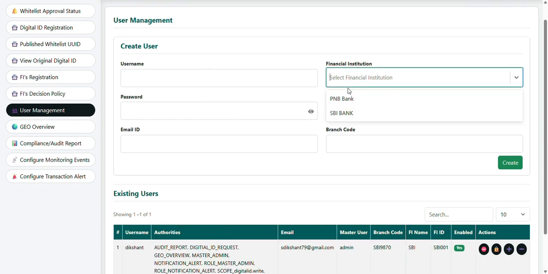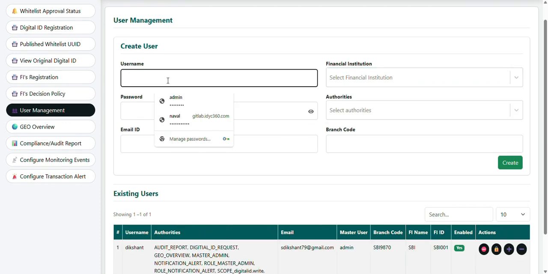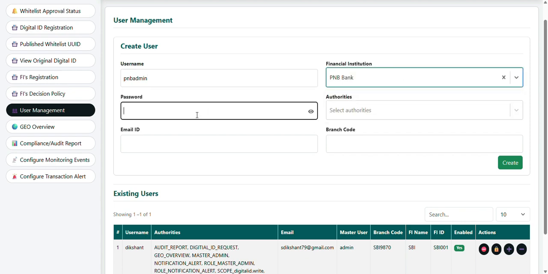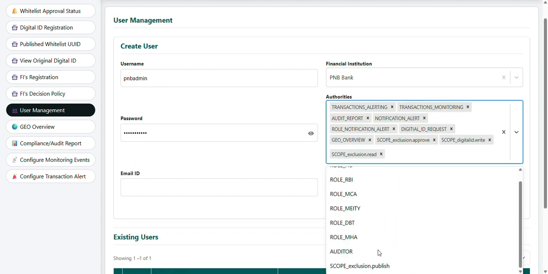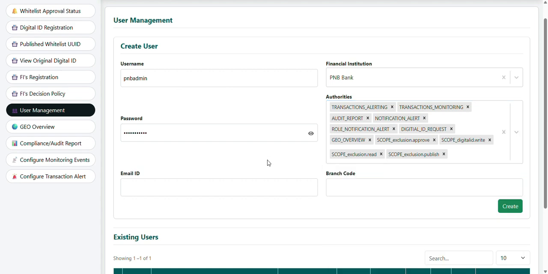User management next. Navigate to the User Management module from the left-hand menu. Once the page opens, you will notice that the financial institution that was previously registered is now available in the FI selection list. To create a new user, enter the required information including the username, password, email address, branch code,